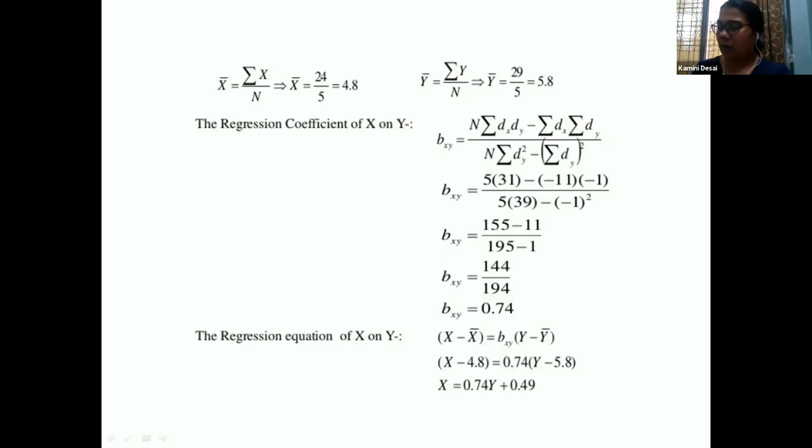Okay, yes, but do practice it. If you have an exam and I ask what is the least square method, what is the mean deviation method and what is the formula, you should know about the least square method and all. If I have given this bxy value and I want to calculate the value of x, you should know all these equations, right?